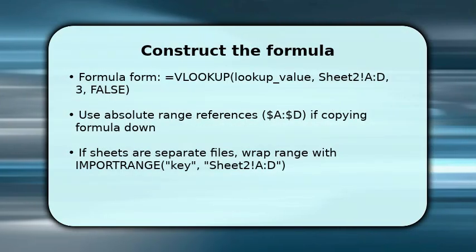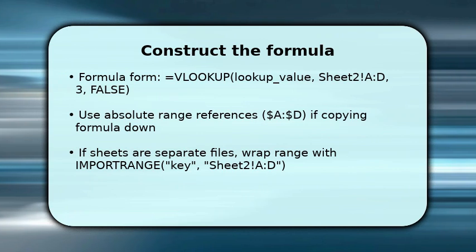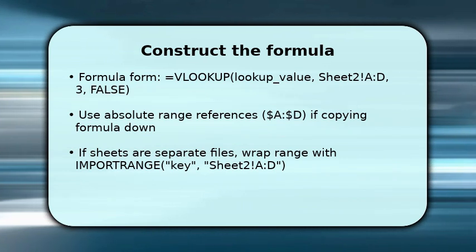Now you build the full formula step by step. Type equals VLOOKUP, then click the lookup cell in sheet 1 so the formula references that cell. Add a comma, then type sheet 2, and select the range on sheet 2 or use IMPORTRANGE for external